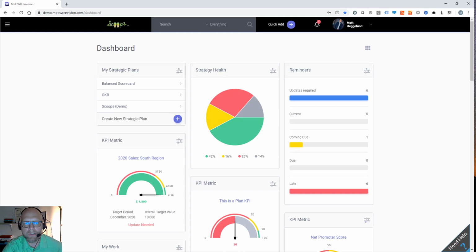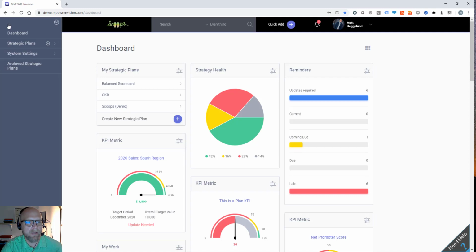Highlights of which include our Microsoft Teams integration. So let's go ahead and take a look at what the Teams integration does for us. From the left navigation on my dashboard, I am going to click in and go to System Settings